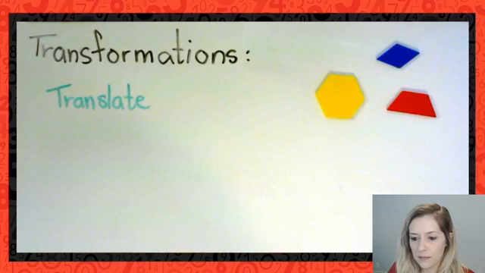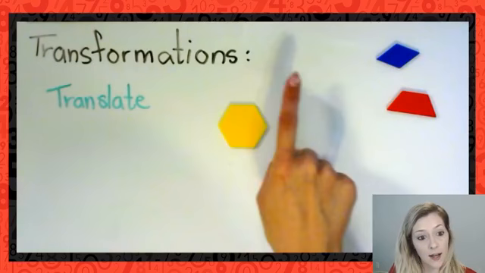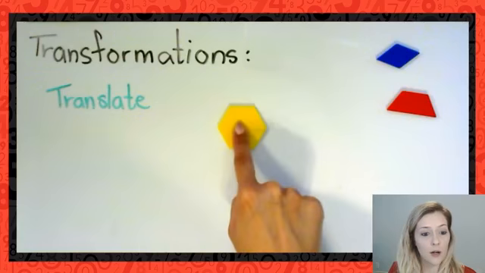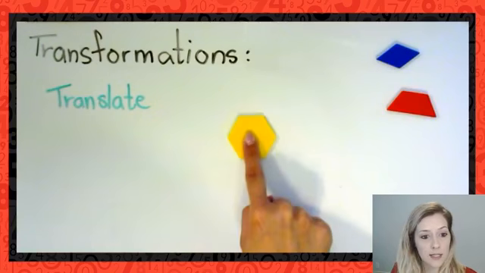So if I have my hexagon here, I can translate it if I was on a grid. So that'll be maybe a separate schoolhouse lesson. If I was on a grid, I can instruct whoever's designing or drawing this tessellation to move this up or down, left or right, but essentially moving this shape across my plane. So that's the ability to translate.